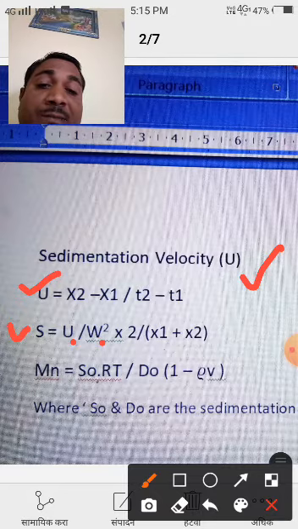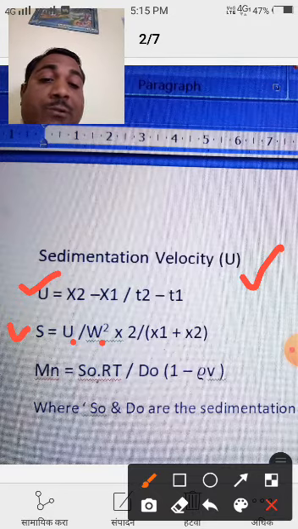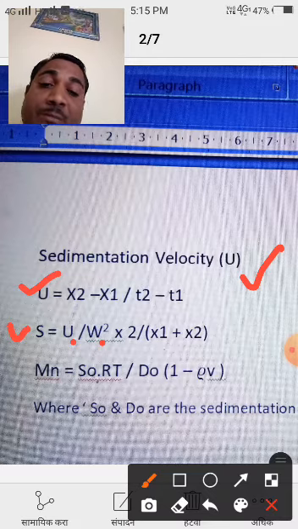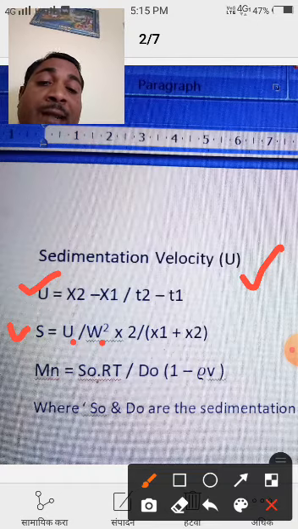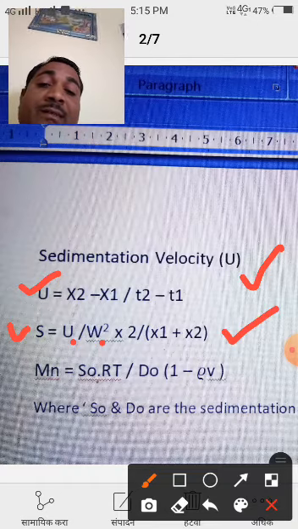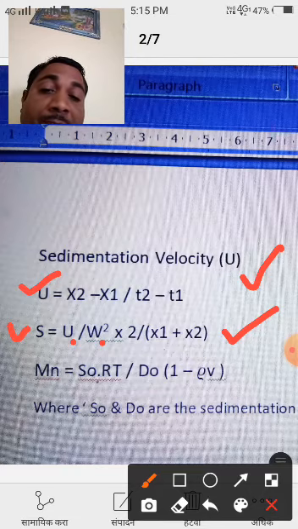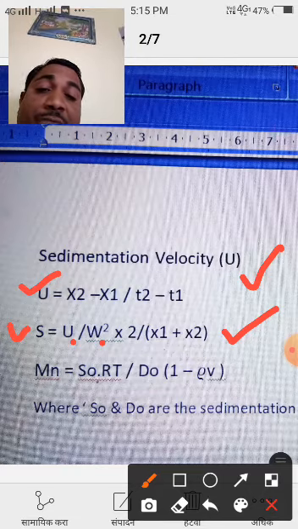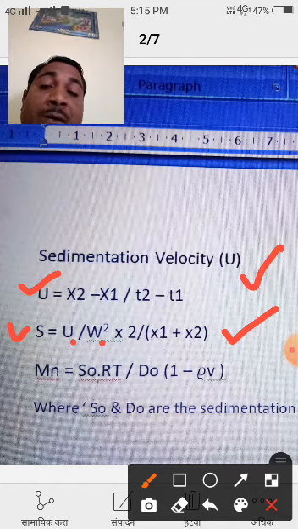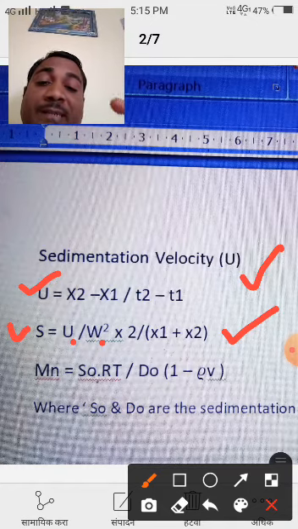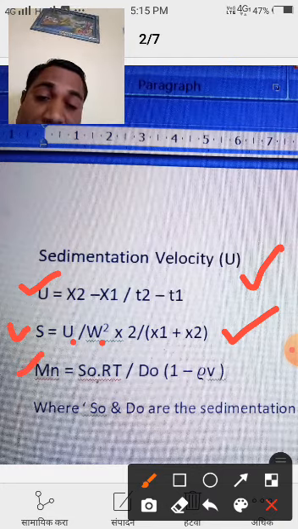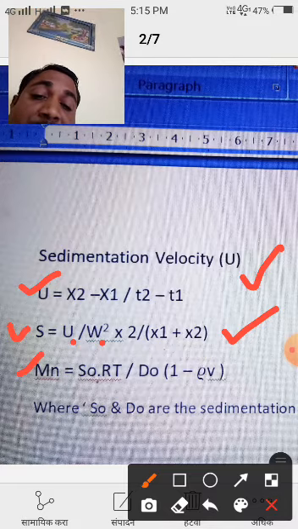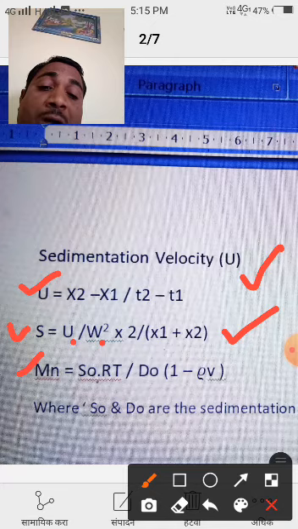x1 is the distance of a boundary, and x2 is also a distance of a boundary at time t1 and t2 respectively. When we put the values of u, w, x1 and x2, then we can calculate the sedimentation coefficient. From this sedimentation coefficient, from this sedimentation velocity, we can calculate the number average molar mass. But in the last formula, Mn is equal to S naught RT divided by D naught